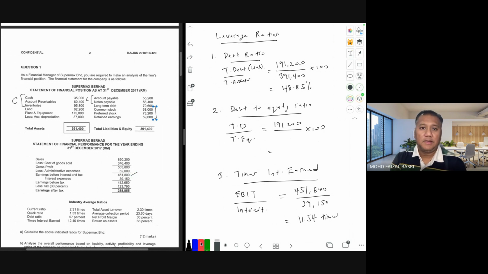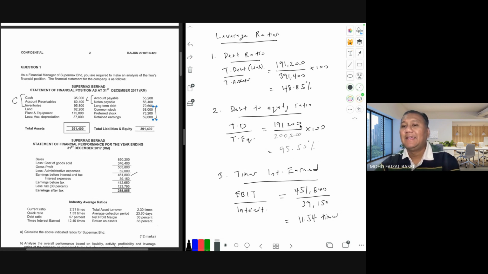$68 plus 73.2 plus 59. So it's supposed to be 200,000. So 191,200 divided by 200. So it's supposed to be 95.50%. So the debt is more or less